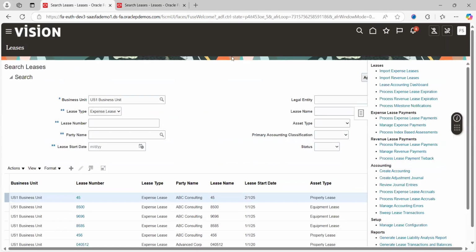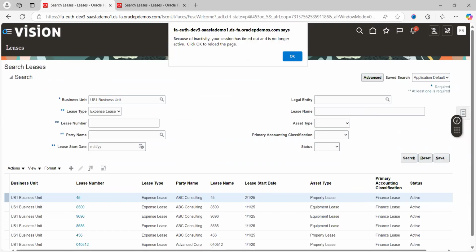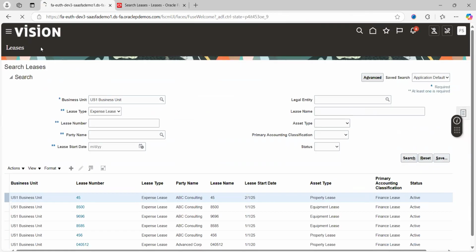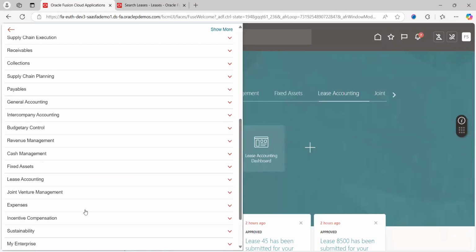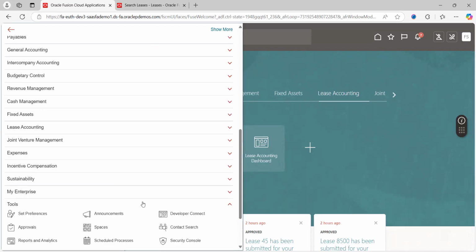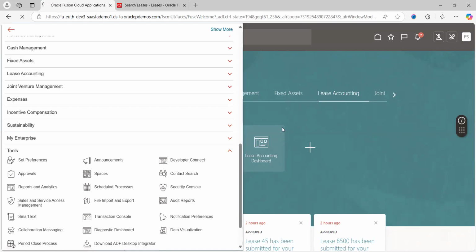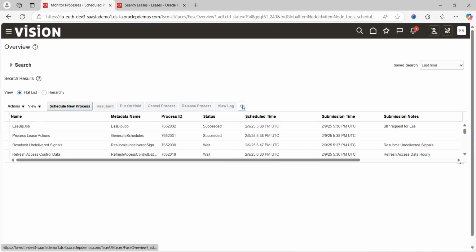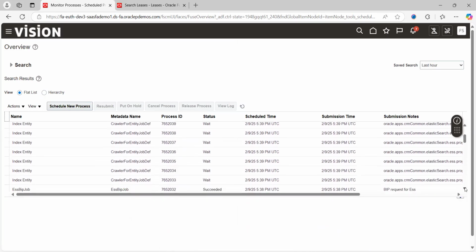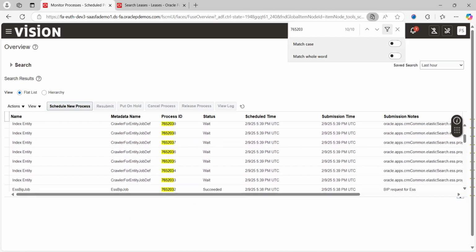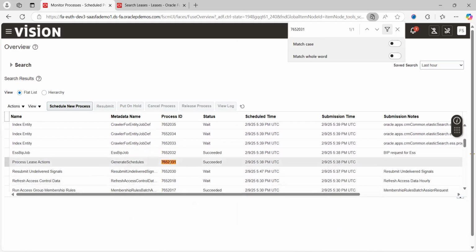Go here, go to navigator, tools, schedule new process or schedule process. So this is the job, right? This has succeeded over here. So now